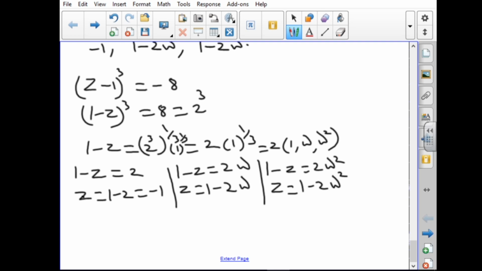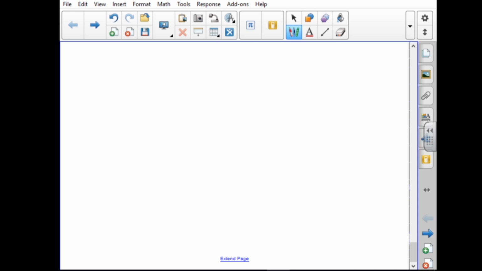Now coming to question number 7. Seventh question. Find the value of sigma k is equal to 1 to 8 of cos 2k pi by 9 plus i sin 2k pi by 9. So we can also take it as cis. So sigma k is equal to 1 to 8 cis 2k pi by 9. So we have to find the value of this.